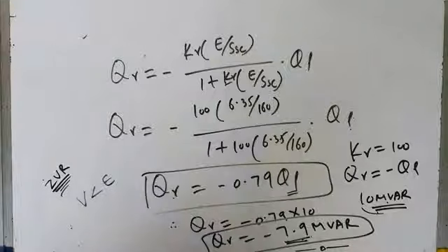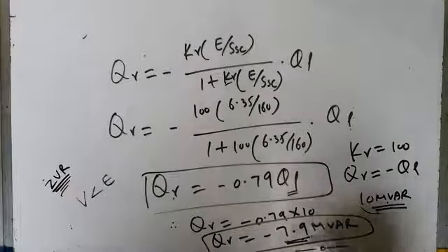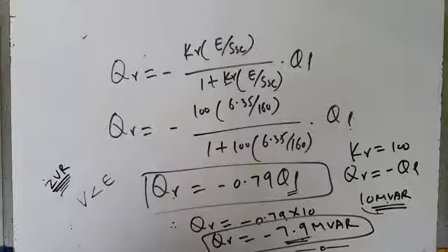For getting zero voltage regulation, the compensator should compensate at least all the load reactive power demand. And for that purpose, the gain of the compensator has to be extremely large, which makes the compensator large in size, large in rating, and expensive. So when we practically implement this compensator for load compensation as a zero voltage regulator, we design it for finite gain, not for infinite gain, given the size, rating, and cost of the compensator, and it partially compensates the load reactive power, but we still get satisfactory results.